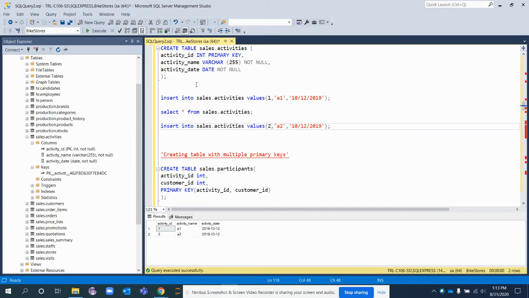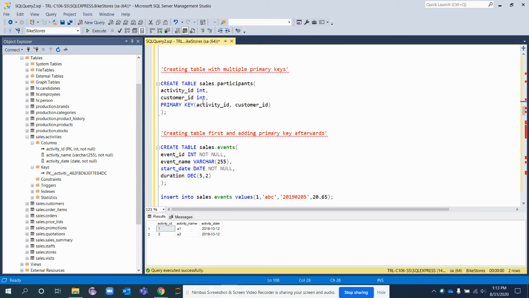You could have one question in your mind: this date and this date are the same. Why isn't it giving that error this time? Because activity date is not declared as a primary key, so it is able to take the same values for different records. That's acceptable. But if some column is declared as primary key, then duplication of data is not allowed, and you should provide unique values for the column that is declared as primary key.